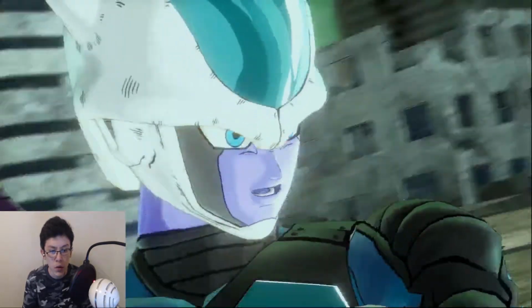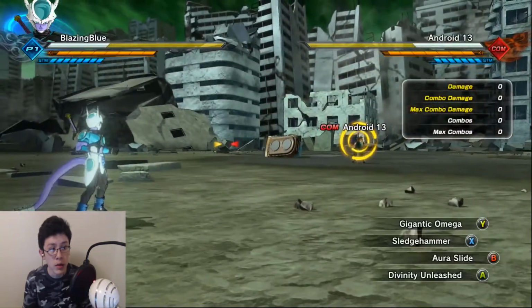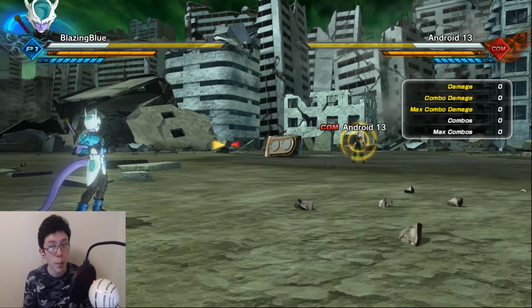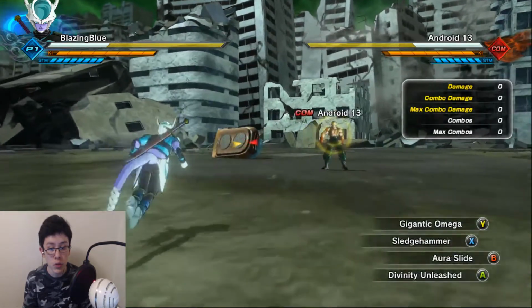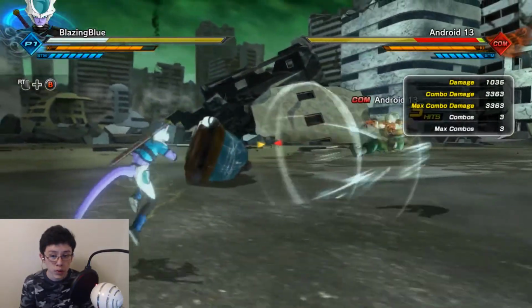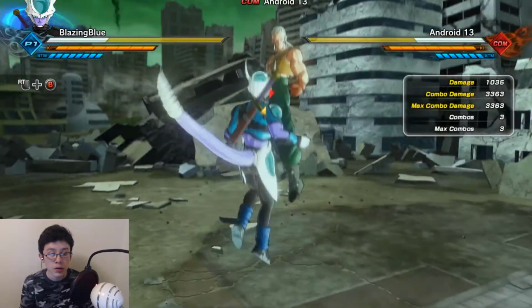You'll get used to it if you have a PC. It's fine. I don't really honestly care. But yeah, 8 bars of ki, 8 bars of stamina, pretty much perfect health. And let's do this before the Super Soul activates. So 1, 2, 3. There's a grand total of 3,363 in terms of